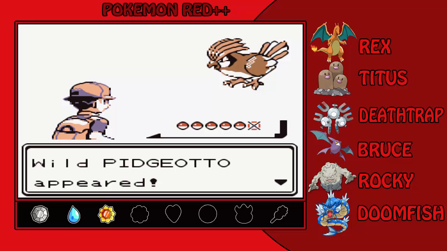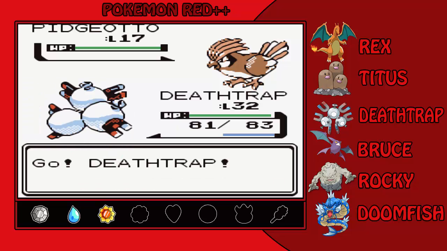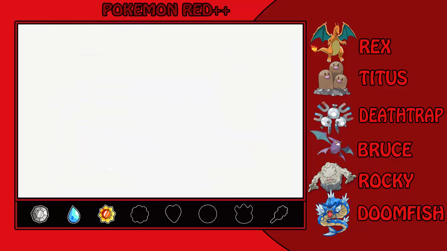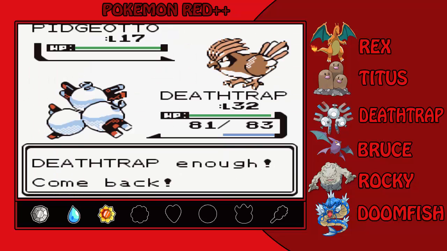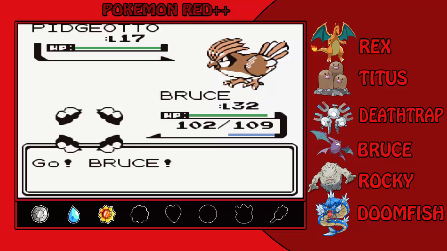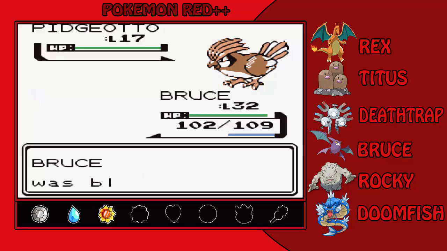Pidgeotto. Level 17. Let's try to not kill it. That's our objective for today, people. Let's not kill this Pidgeotto. How does that sound? Difficult? I know. I could have paralyzed it, and I didn't. It has got to the point...